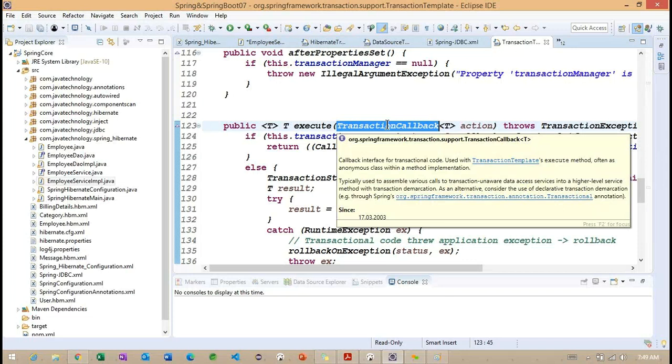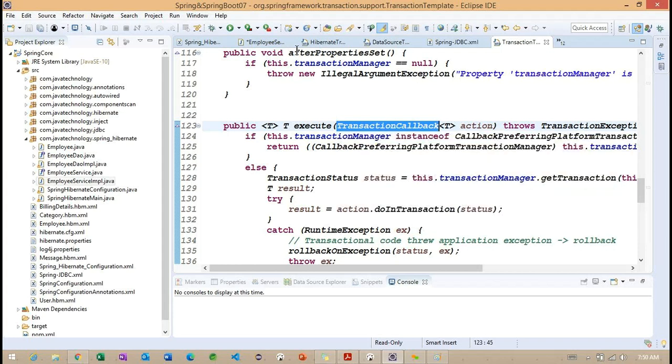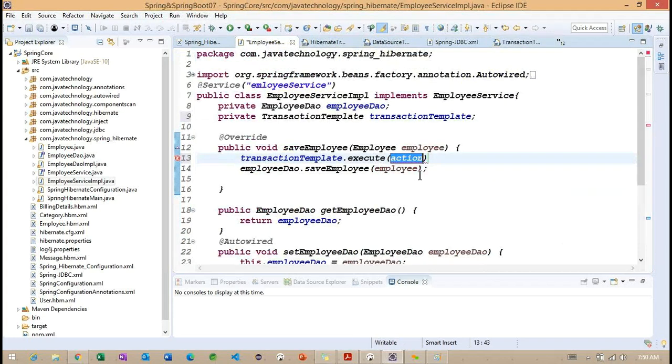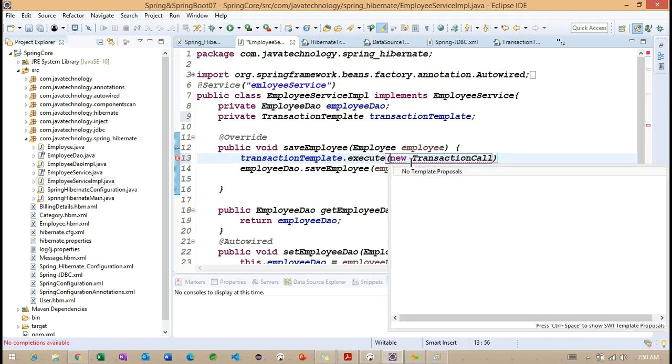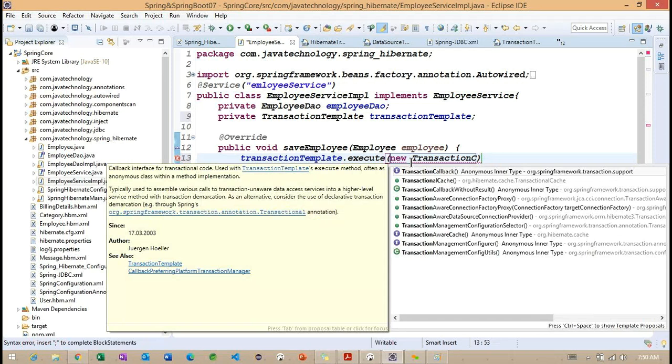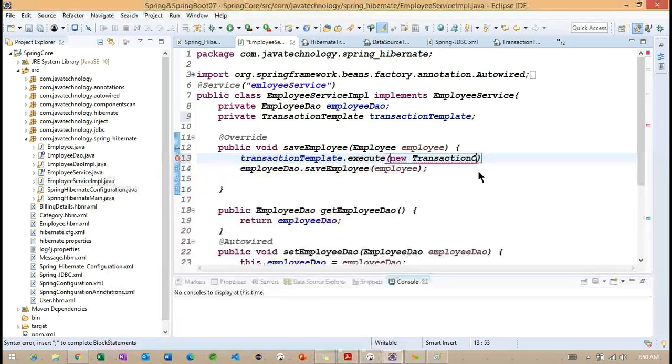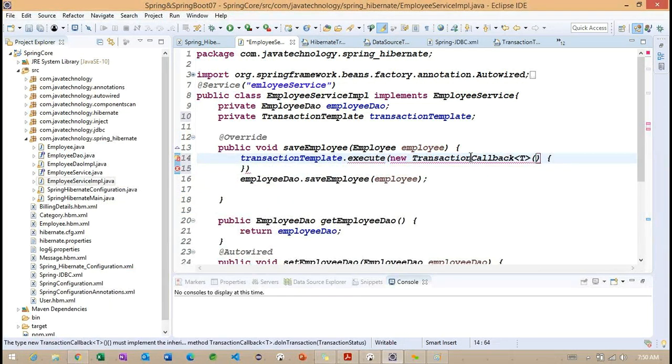What we need to do is create an object of this transaction callback, so I'm doing it with new transaction callback. Anything we missed here? Okay, now we can see the anonymous class. Let me provide the method here.